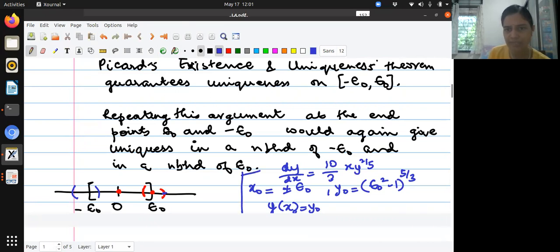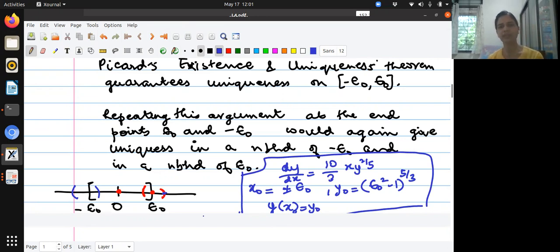So you look at this initial value problem now, and you are applying the Picard uniqueness theorem to it. I just wrote it as epsilon naught to clarify things. You write minus half to half. But at some point you should realize that when you hit the points 1 and minus 1, you cannot apply the uniqueness theorem. The problem is that the partial derivative of f with respect to the y variable is not defined. It fails to be continuous whenever y takes the value 0.